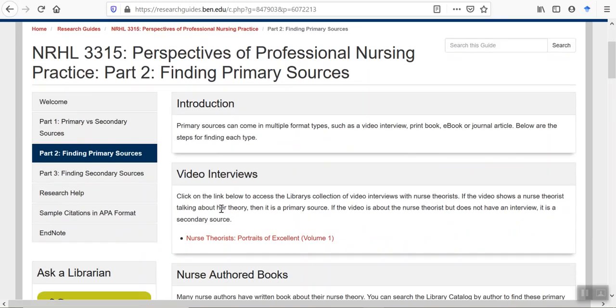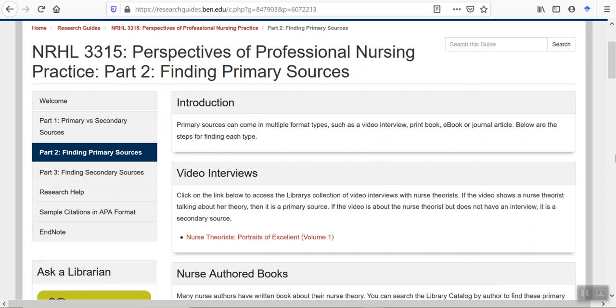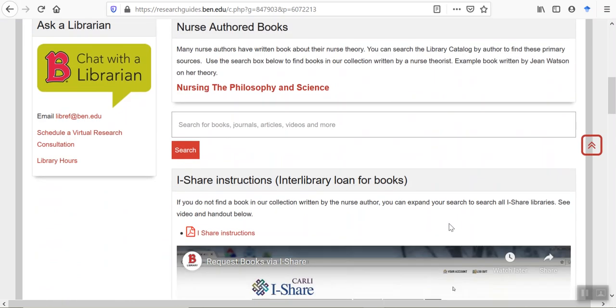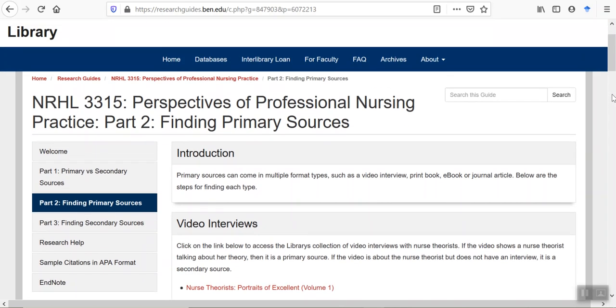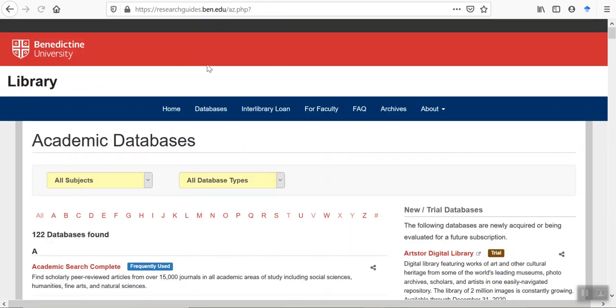All these constitute primary sources: nurse authored books, nursing. I will go there later, but right now I'm going to go to the databases that we have to search. So I'm going to go to databases, and one database that I'm going to show you is called CINAHL, the Cumulative Index to Nursing and Allied Health Literature. So let's go there. So click on the C,